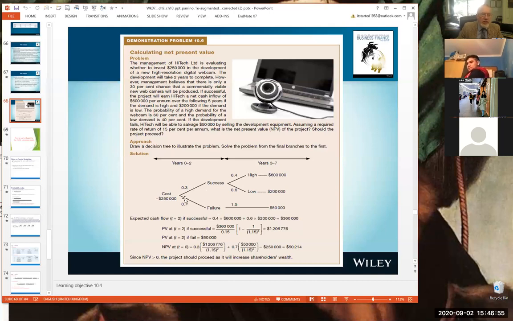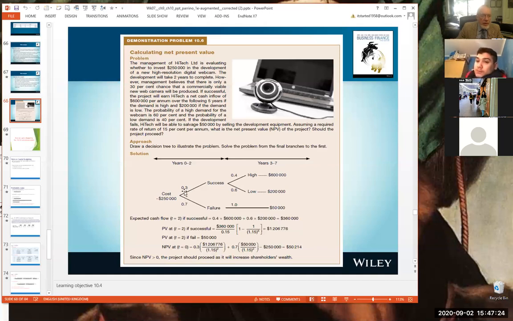In this case, you've worked out that if the project fails, you're likely to end up with a cash flow of about $50,000. However, if it's successful, you think, well, how successful? Successful to the point where I want to actually run with this thing, or really gangbusters, super duper successful, like high success, where it's just over the top fabulous and Microsoft is probably going to come out and buy you out as soon as they can.